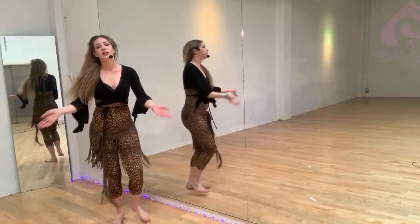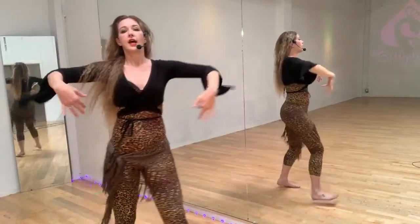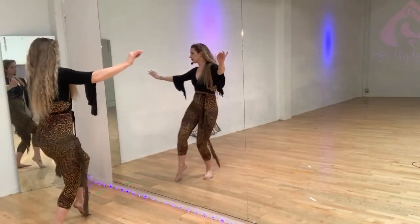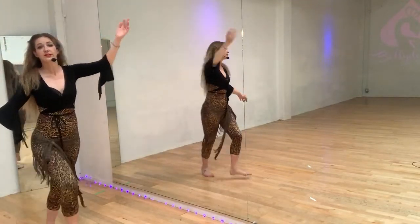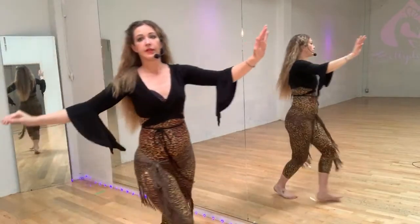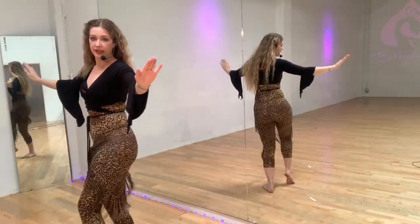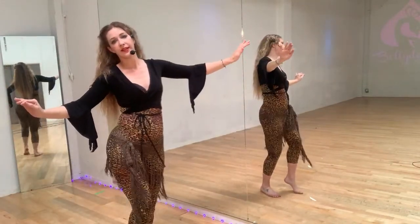5, 6, 7 goes. Doom, tack, doom, doom, tack, doom, tack, doom, doom, tack. Other side, doom, doom, tack, doom, tack, doom, doom, tack. You have a step and a hip, step and a heel, hip and hip, step and a hip, down and down, step, other side and a heel, down and other side heel, down and